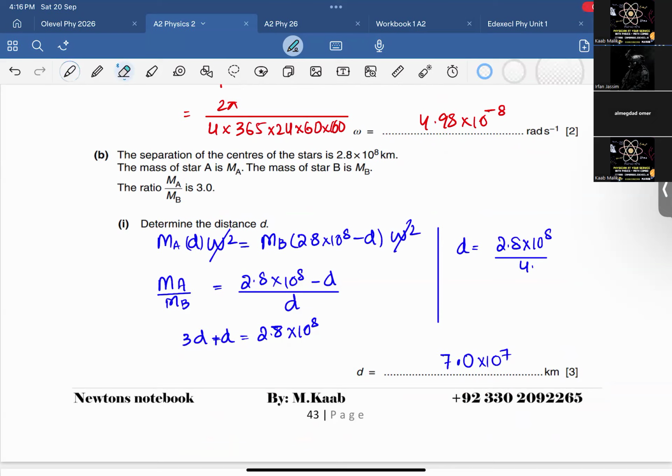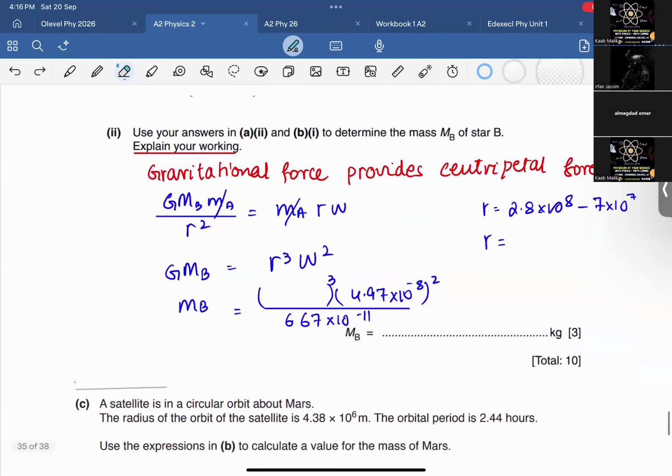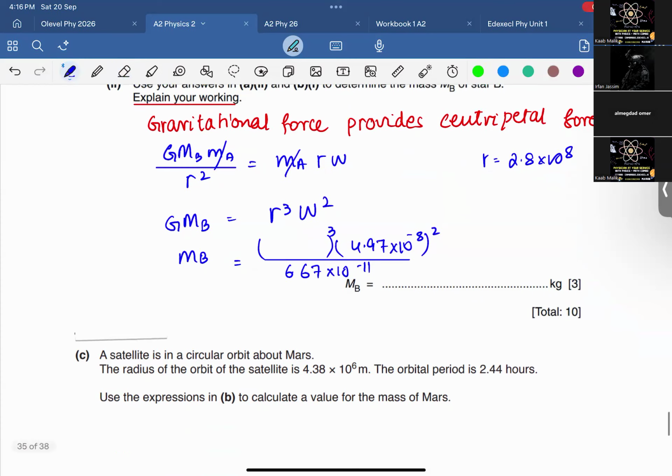If I just replace that with r, and r is the whole distance, let's say it is 2.8 exponent 11, because we have to convert that into meters. Now let me see. 2.8 exponent 11 cubed times 4.97 exponent negative 8 squared divided by 6.67 exponent negative 11. Okay, I'm getting